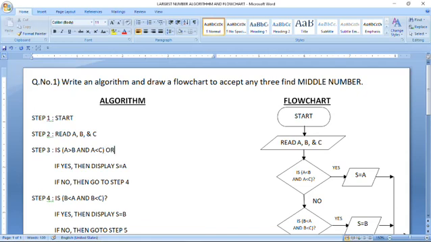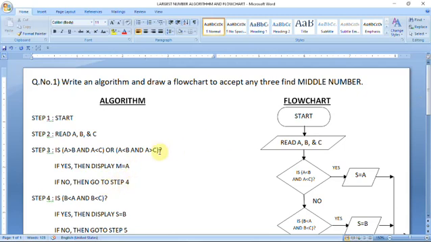And again we have to give or, A less than B and again you have to give A greater than C. If yes, then display M equal to A, middle number equal to A. If no, then go to step 4.